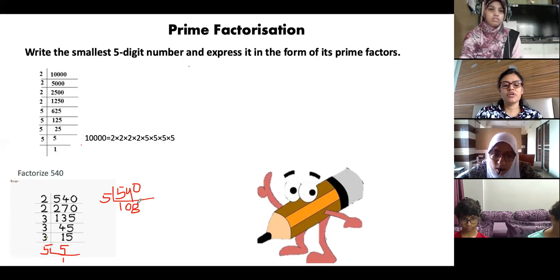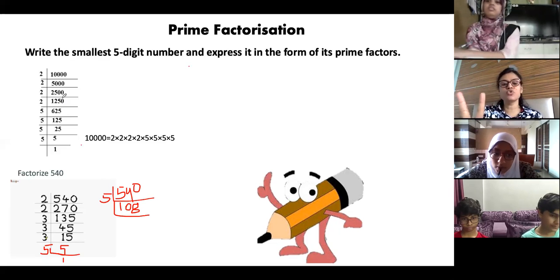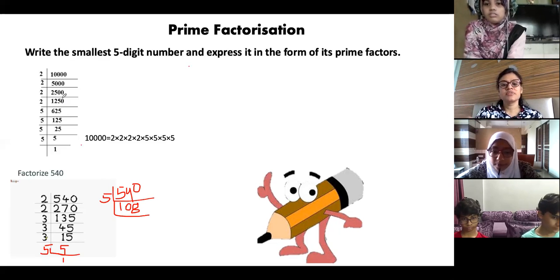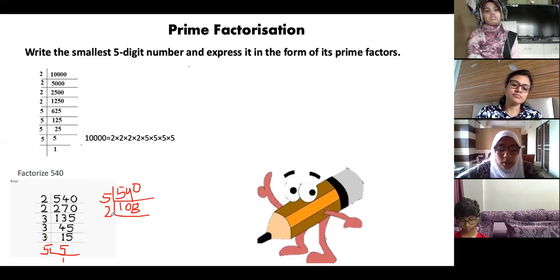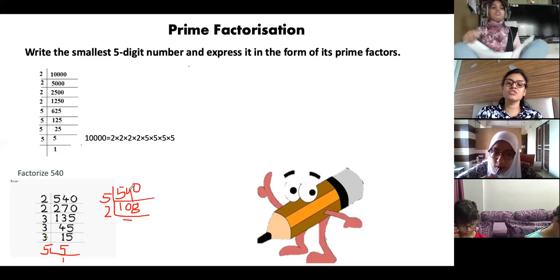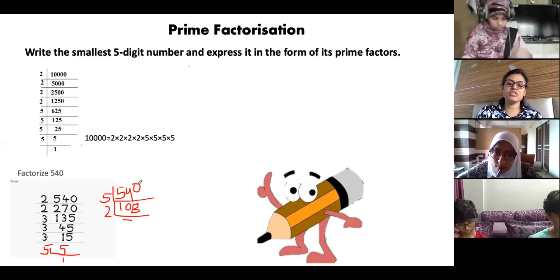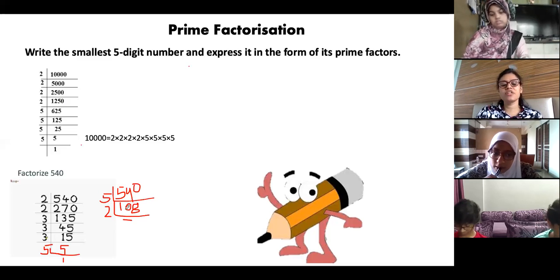Ma'am, we can use any method, right? Yes, any method, but mostly use this method or the factor tree method. Only 2 methods are there for prime factorization. Now see, Farhana, did you find your mistake? Yes, ma'am. This was a mistake. Division mistake. Be careful in dividing, because 4 is there, so 4 you cannot divide. So you have to put a 0 and then bring 40. So 5 8s are 40.